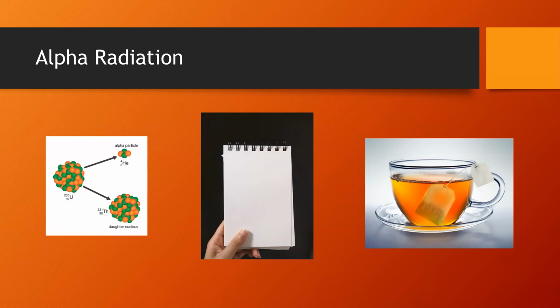A nice shield for alpha radiation is a piece of paper. That's because alpha radiation is relatively heavy in terms of radiation and has a relatively high charge, so it deposits all its energy pretty quickly. It can even be stopped by the dead layer of skin on one's body. So externally it's a fairly safe